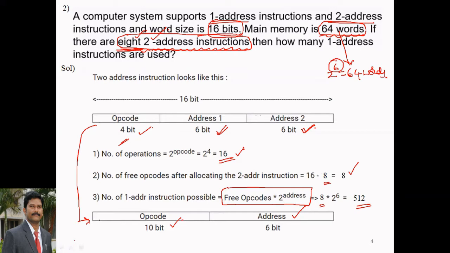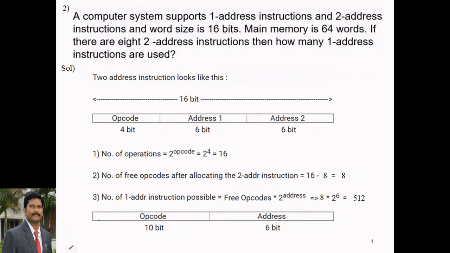So in this way the opcode expand technique is used. This is very important. Okay, we'll solve one more problem, a previously asked GATE problem where the opcode bits are reduced. Now in this problem it is increased. If it is reduced, suppose 4 bit, now it is reduced to 2 bit for example, then free opcodes divide by 2 power how many bits decreased, then you will get that many extra instructions possible, right? So this is the only technique.